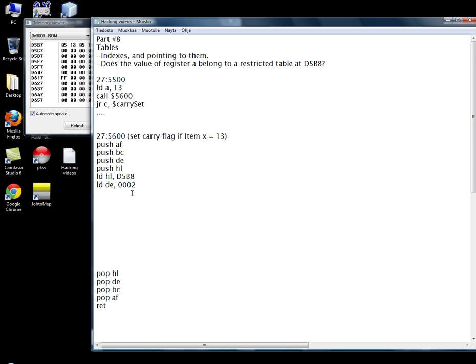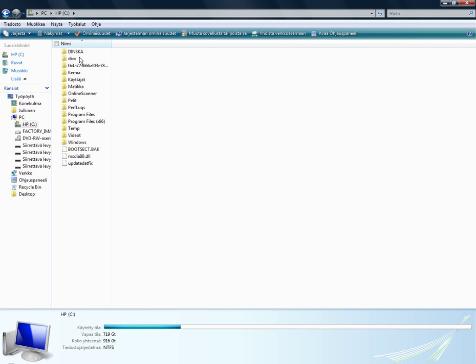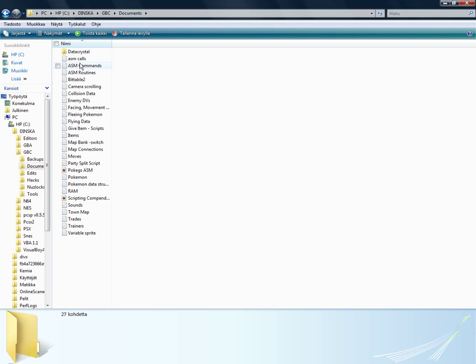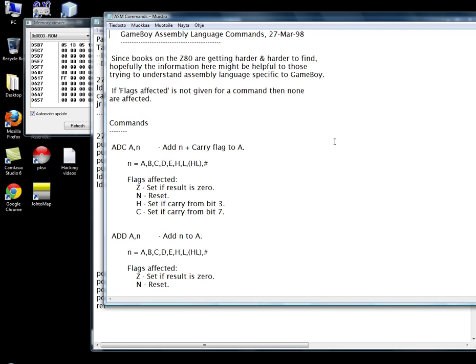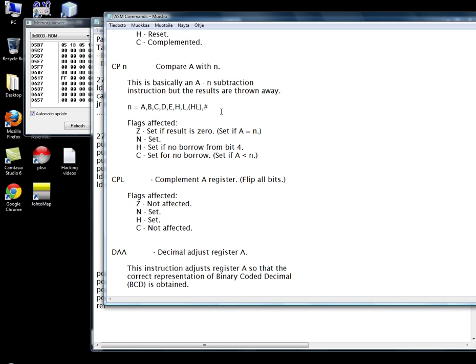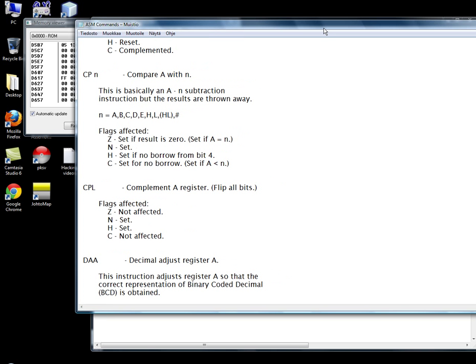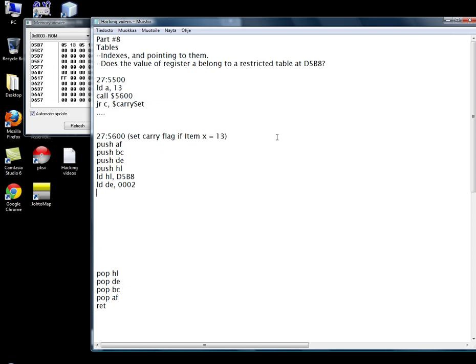Yeah. So we do this, and then we, for example, I think a compare instruction allows us to compare A with the value in HL, if I'm right. Yeah. A minus the value, a subtraction, but results are thrown away. Okay, so we compare A with the value in HL, and